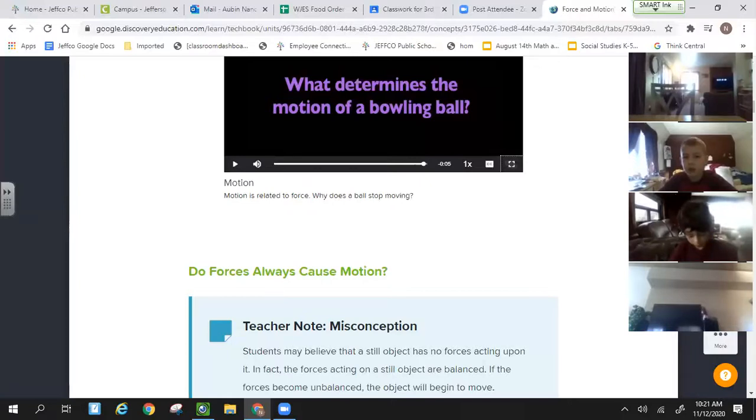I asked you to write down an example of when you use force and there's no motion. Yes, Ellie. When you're trying to push something really heavy, but it won't move because it's too heavy.